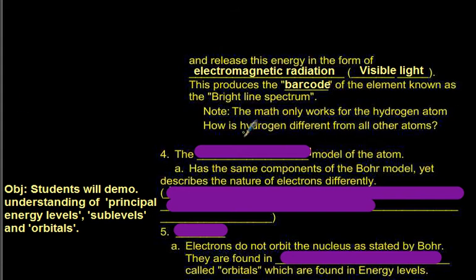Okay, how is hydrogen different from all other atoms? There's only one electron. And because there's only one electron in a hydrogen atom, it's very easy to track. It's the one thing that's gaining or losing any energy, and there are no electrons interfering with each other. And this barcode, this idea, brings us to